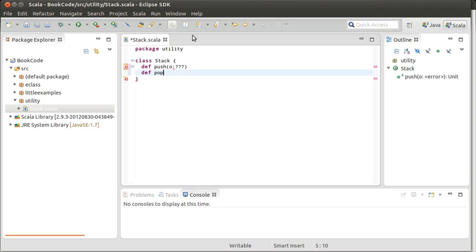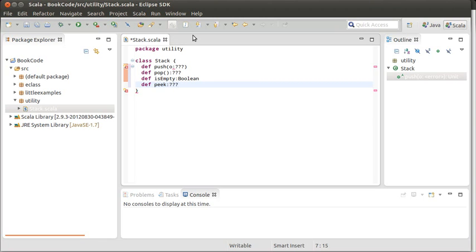Another operation is called pop, and the pop operation doesn't take any arguments, but it gives you back whatever type of thing it is that your stack holds. Some other methods that are nice to have, turns out those are really the essential ones, is empty, gives you back a boolean, and a peek operation, which doesn't change the stack, and it gives you back the